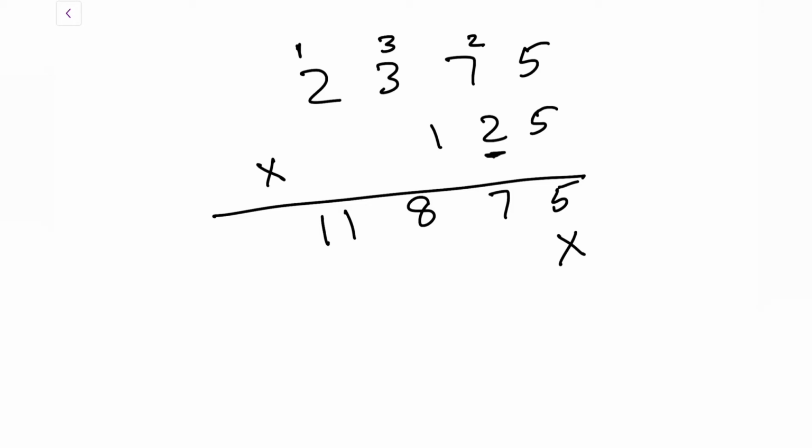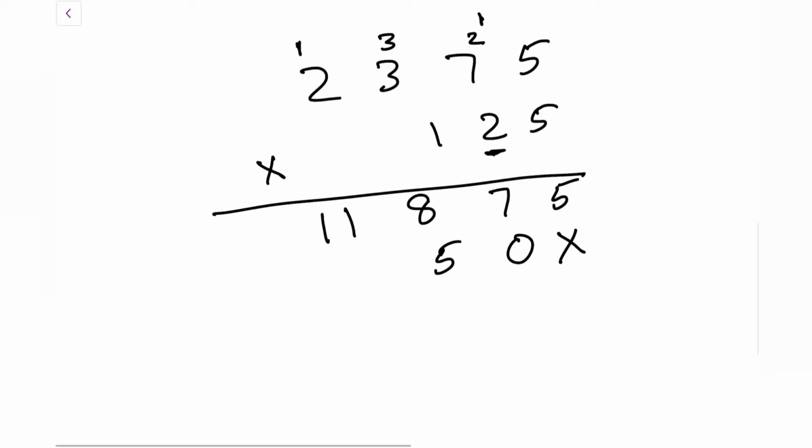I'm going to cross out the ones place and start with 2, which is in the tens place. 2 5s are 10. 1 gets carried forward. 7 2s are 14. 14 plus 1 is 15. 3 2s are 6. 6 plus 1 is 7. 2 2s are 4. This is your second row. Let's do the final row, the third row.